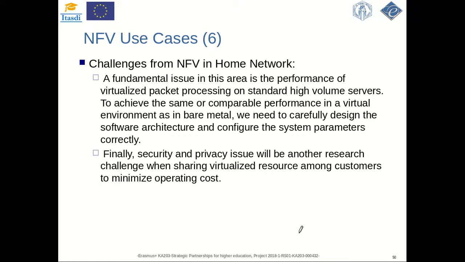What are the challenges? A fundamental issue in this area is the performance of virtualization packet processing on the standard high volume services, and to achieve the same or comparable performance in the virtual environment as in bare metal, we need to carefully design the software architecture and configure the system parameters correctly.